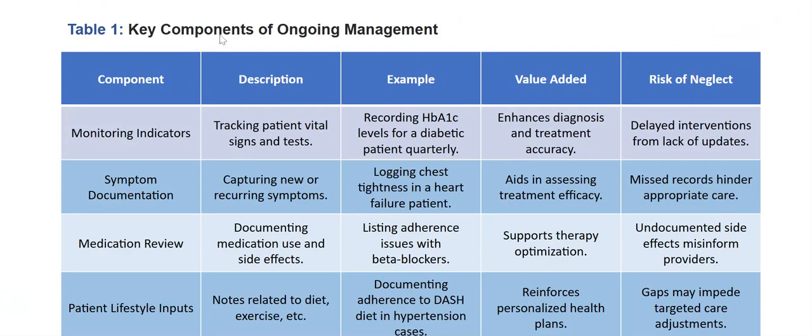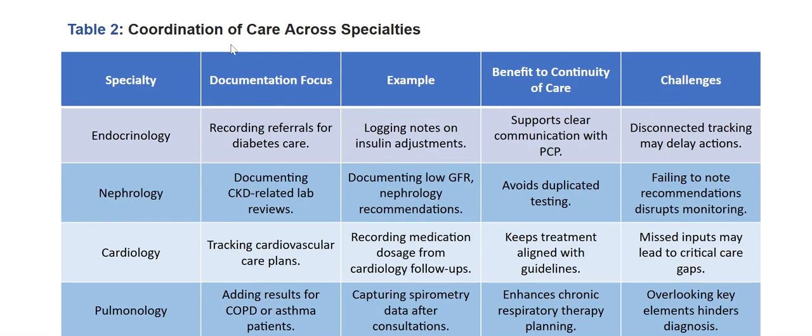A table on key components of ongoing management. Component, description, example, value added, risk of neglect. Components, we have monitoring indicators, symptom documentation, medication review, patient lifestyle inputs, and regular follow-ups. Table on coordination of care across specialties. Specialty, documentation focus, example, benefit of continuity of care and challenges. Specialties, we have endocrinology, nephrology, cardiology,